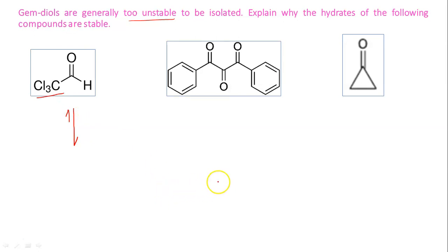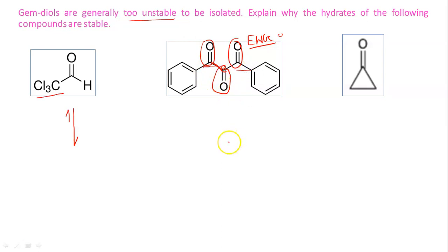In the second case also, we have three carbonyl groups at the 1, 2 and 3 positions. So the middle carbonyl carbon is the most electropositive, because on both sides there are two electron withdrawing groups present, and they will remain in this conformation. Why? To avoid the repulsion of the lone pairs of oxygen. So you can see the adjacent carbonyls are on opposite sides. And water will attack the middle carbonyl carbon because it is the most electropositive among these three carbonyls. Actually these two carbonyls are equivalent in nature.